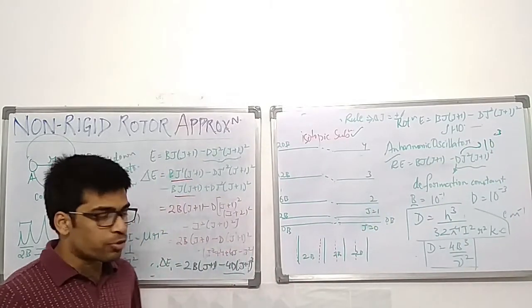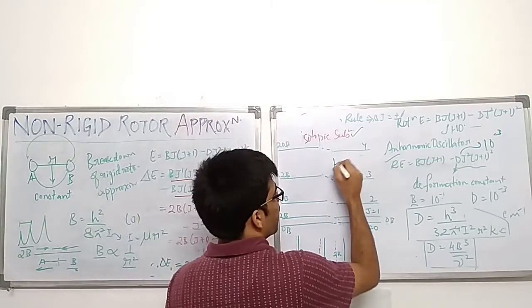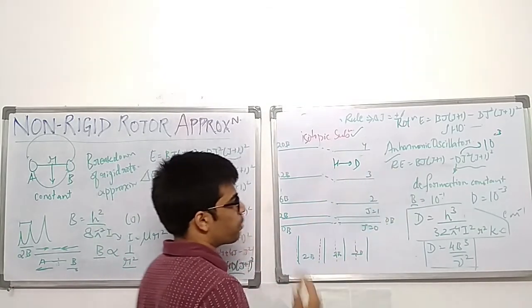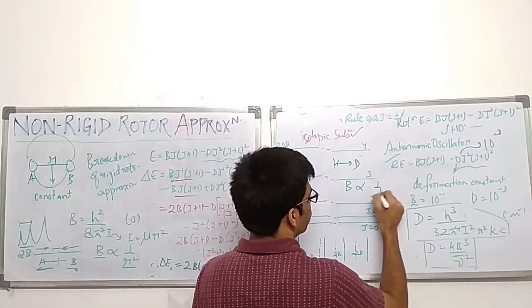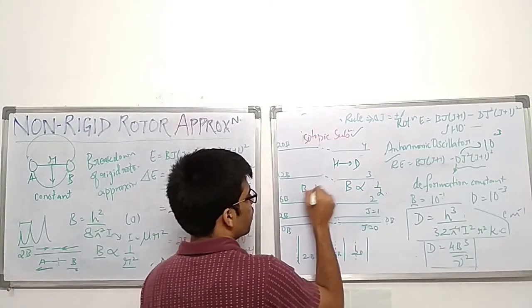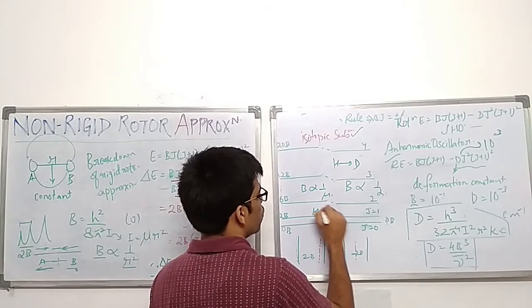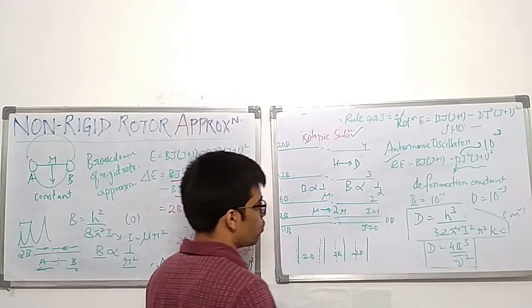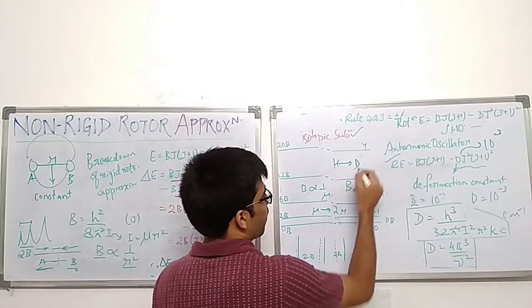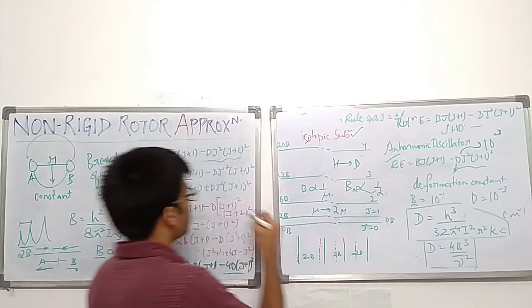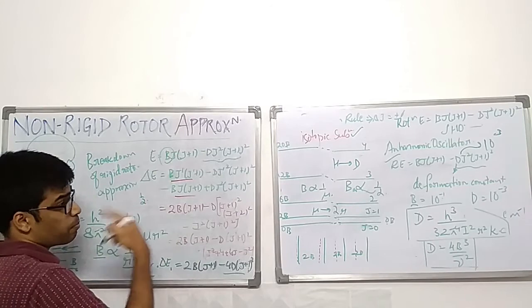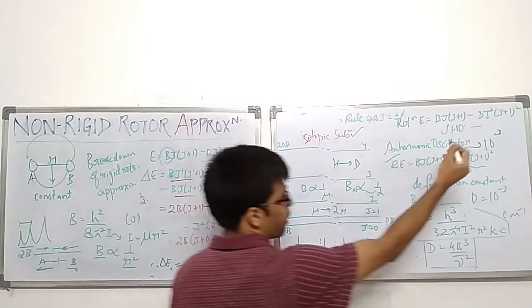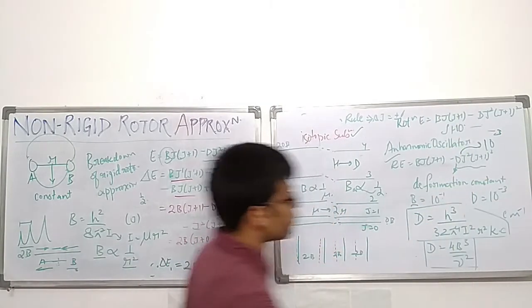But in isotopic substitution, when you replace hydrogen by deuterium, just for an example, your B decreases by almost half, because B is inversely proportional to mu. Mu goes from mu to 2mu, so B becomes half. And when you do the spacing, that means this B is getting decreased by half, and that has a much more effect than 10 to the power minus 3 times.